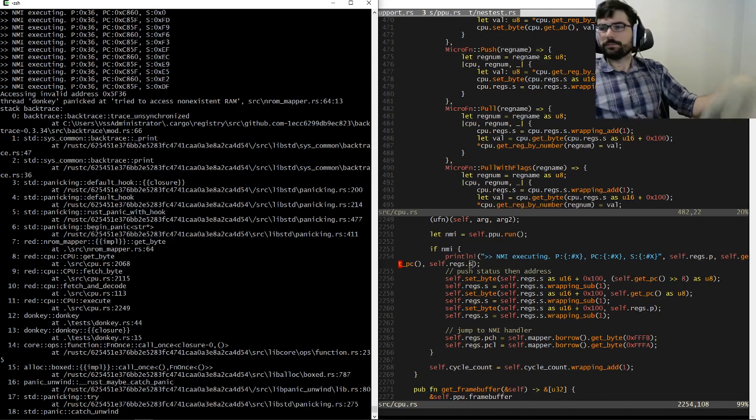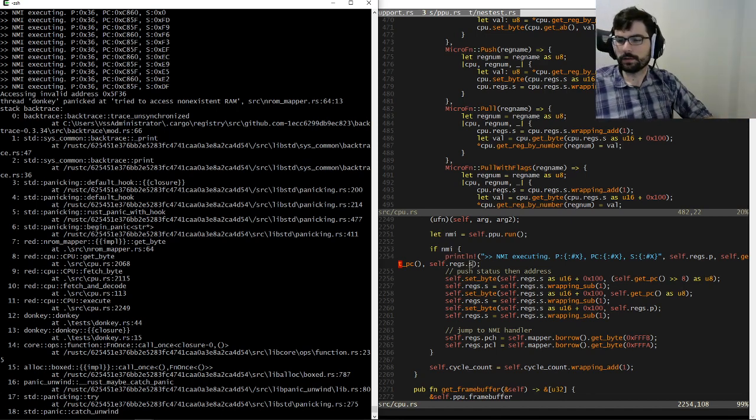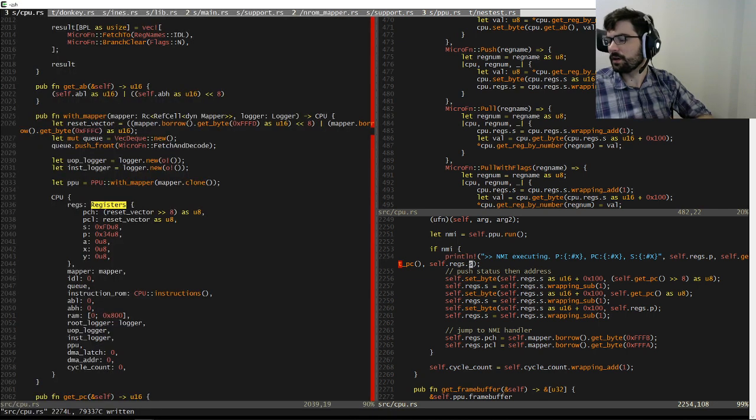Oof. What's going on here? So the high byte is not getting popped into the PC. Instead, we're getting the low byte and the status register, which,